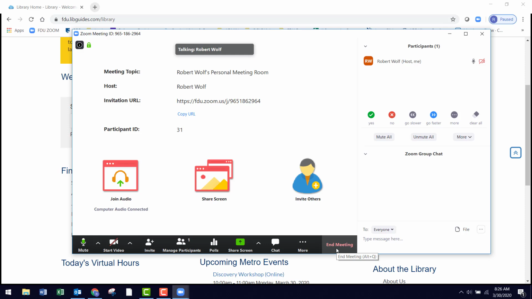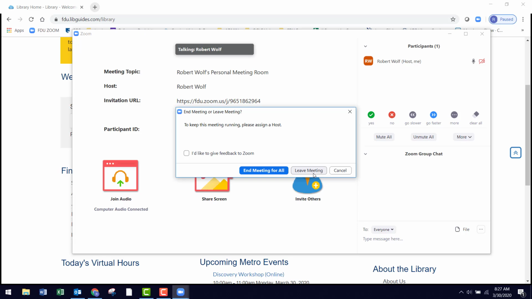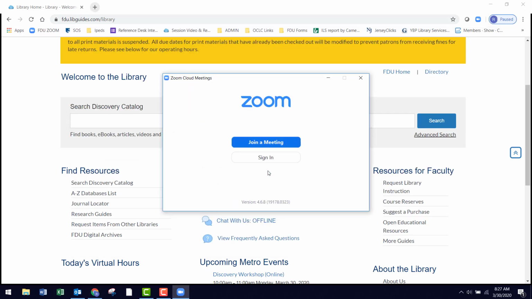Now to end a meeting, you'll notice if you hover over the bar again, at the very bottom there's an end meeting button. And as a host, if I end the meeting, you'll see it's telling me it'll end the meeting for everybody, or I can just leave the meeting and let other people stay behind and talk. But if I was a participant in a meeting, I can just hit leave meeting, and the meeting will go on without me. So I'm just going to hit end meeting for all, and you'll see it brings us back